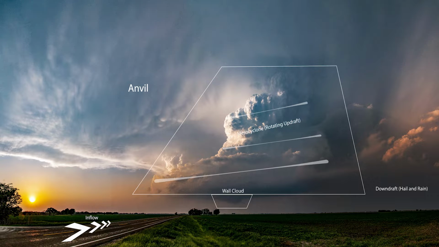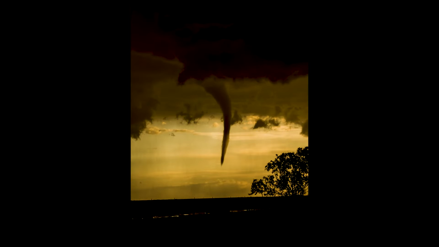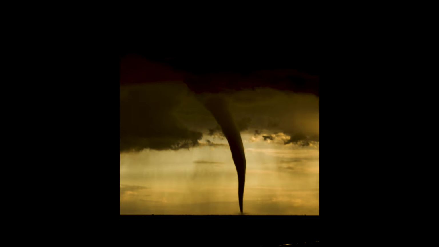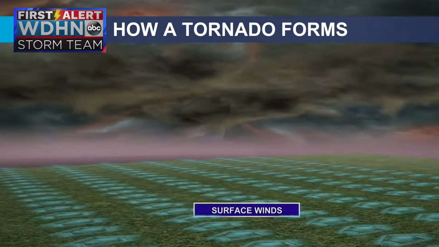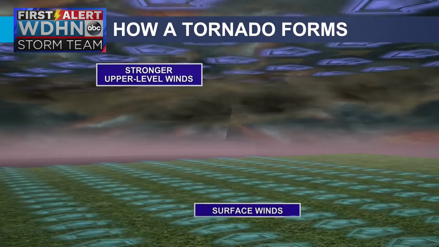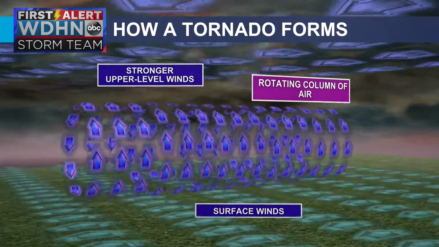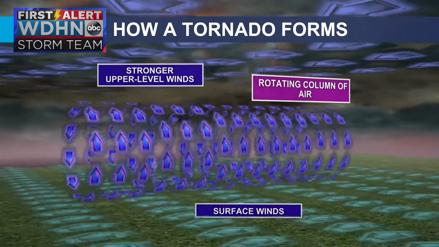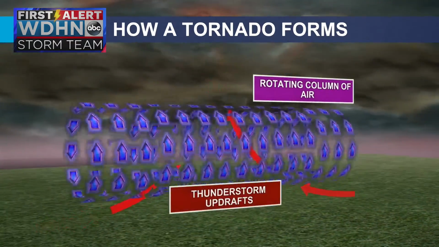So what actually is a tornado? A tornado is a violently rotating column of air in contact with the base of a thunderstorm and the ground. Tornado development truly begins even before a thunderstorm itself develops. Wind shear creates horizontal vorticity, and as heat and instability grow, updrafts rise, turning these horizontal tubes of air into